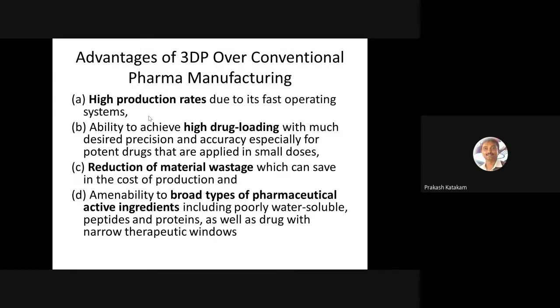So the main advantage of 3D printing over conventional pharma manufacturing is high production rates. That means you can produce large numbers compared to batch-wise. Batch-wise only limited numbers can be made, whereas in a continuous process you can make large numbers. And the most important point is high drug loading, which is not at all possible using conventional manufacturing technologies. You might be well aware of certain tablets like aspirin dispersible tablets.